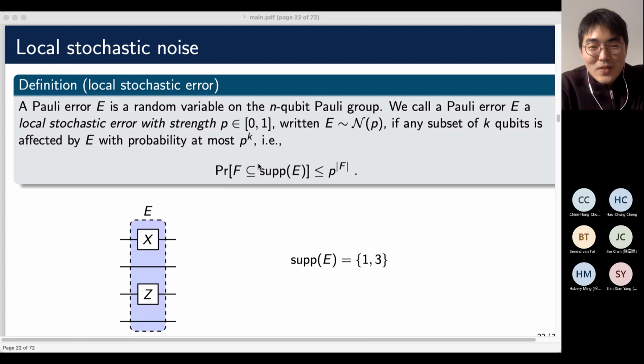So we say E is a local stochastic error with strength P if the probability of E, oh sorry, here is a typo, E, I'm sorry, here, yeah, here it should be like